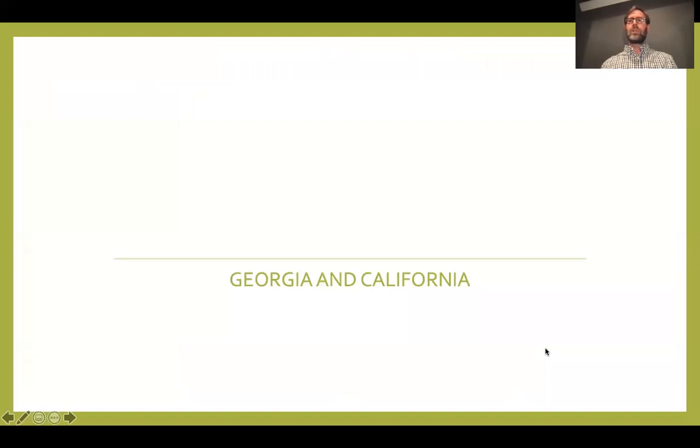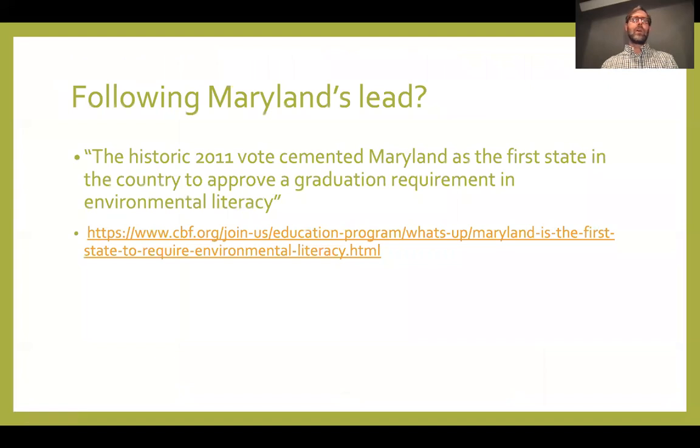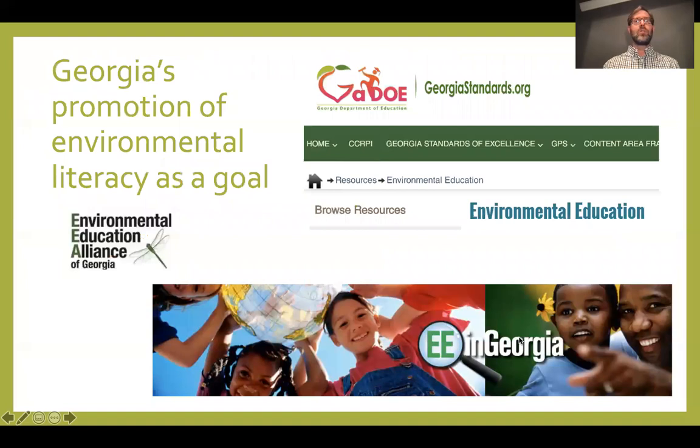So let's talk about Georgia and California in particular around environmental literacy. The question is, are they going toward where Maryland is, right? Maryland in 2011 was the first state to make environmental literacy a graduation requirement. That's not true yet in Georgia, but we do have